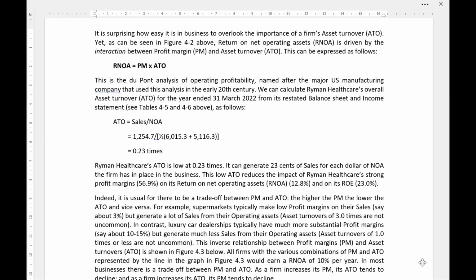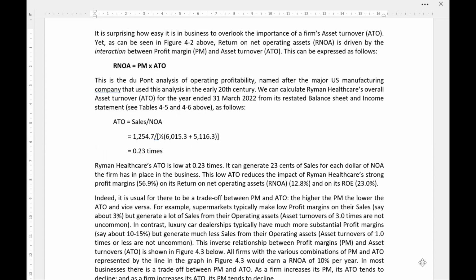It is surprising how easy it is in business to overlook the importance of a firm's asset turnover, ATO. Yet, as can be seen in figure 4.2 above, return on net operating assets, RNOA, is driven by the interaction between profit margin, PM, and asset turnover, ATO. This can be expressed as follows. Return on net operating assets equals profit margin times asset turnover. This is the DuPont analysis of operating profitability, named after the major US manufacturing company that used this analysis in